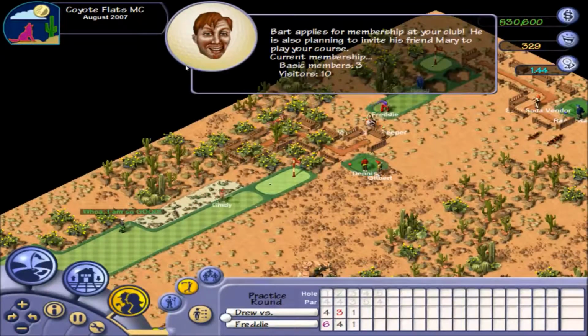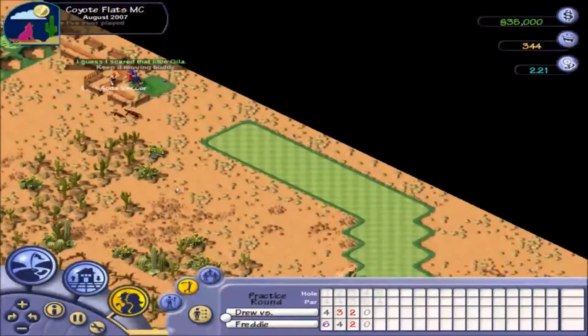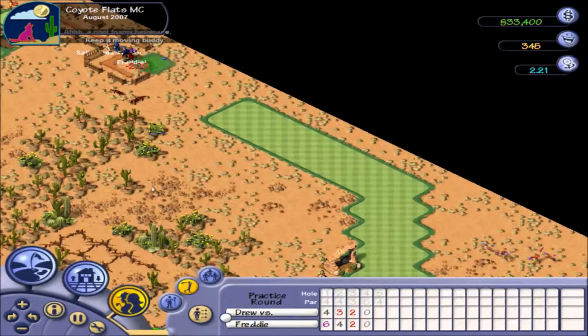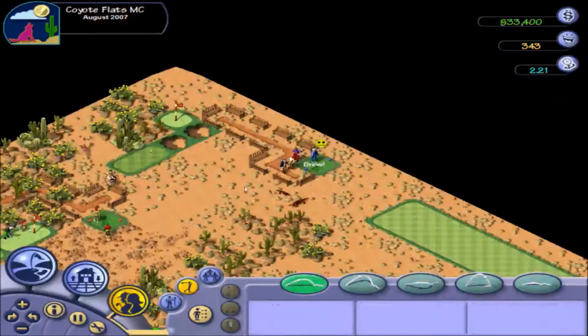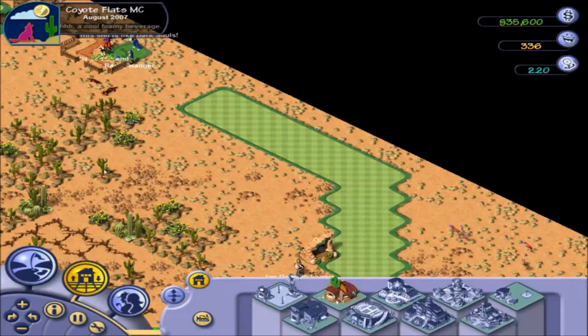Membership's beginning to come in here, which is good. Freddie taps in for his birdie, and I'll presumably follow suit. Now, the 4th hole. Could be very difficult to get this anywhere near within 2 shots. If I can put it there, that's fine. I am, actually,